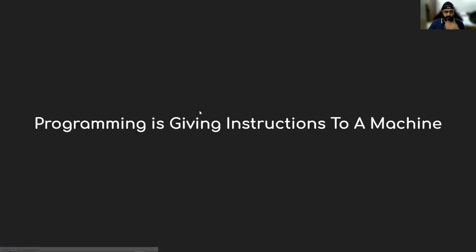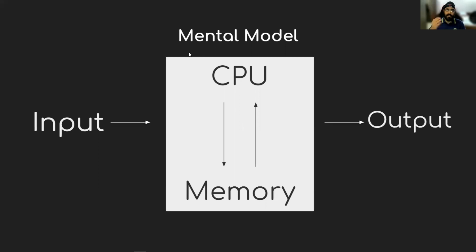So let's get started. I'll just do a brief summary of the last workshop in the first 5 minutes. So we go over the high level of the concepts we covered, and then we dive straight into Airtable. Programming is basically just a list of instructions that you are telling to a machine, and this is how we tell it: take this data, do this thing, and the machine does that. And the mental model that we covered last time is the most important thing regardless of where you code.